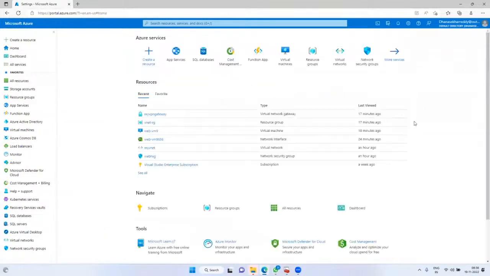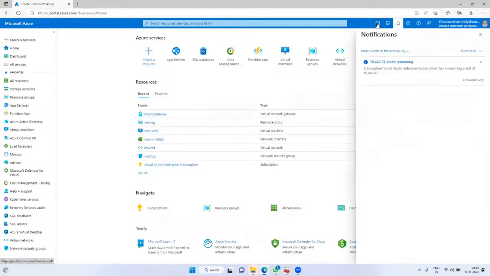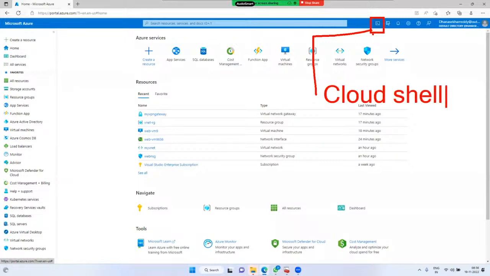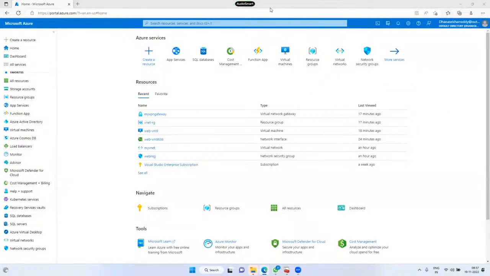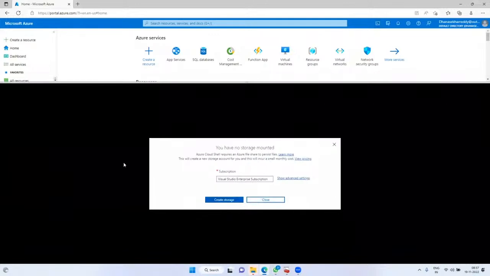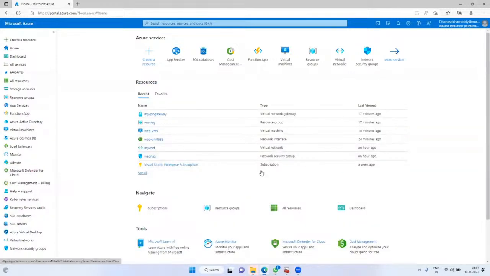Right? Next, another important thing is this Cloud Shell. Cloud Shell means, if you would like to automate something, then we can write the script and automate it here. Got it? Great. Click on it. See, it is occupying half of the window. Here you can write your scripting part and automate the services in Azure. Okay, that is great.